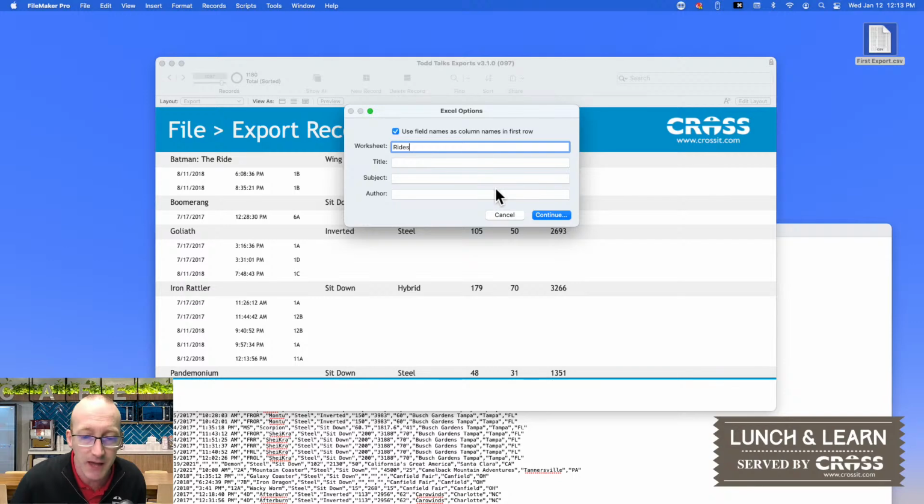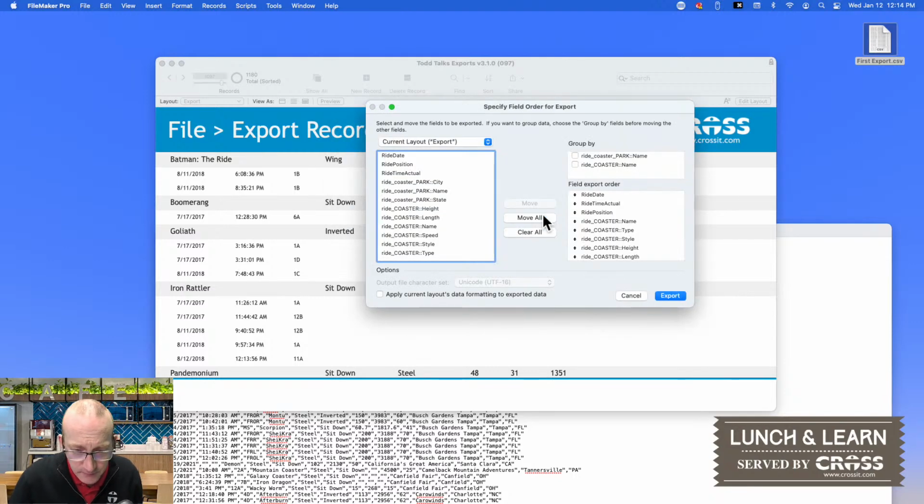And so I'm going to go ahead and leave that option there checked. Click Continue. Now what you'll notice is that because I had just done an export, I haven't closed the file or changed my view, it's gone ahead and remembered, even though I'm going now to Excel instead of a CSV file, that it still remembered what my export order was. Okay, so that's kind of nice that if you export something and realize, oh, I forgot a field or I need to change the order a little bit, you don't have to recreate it completely